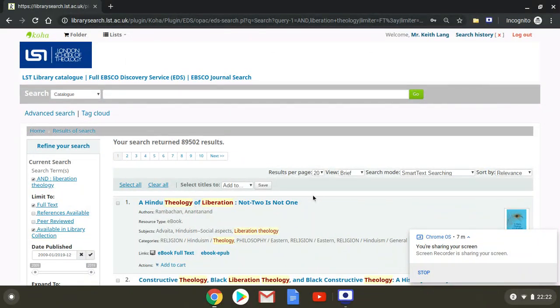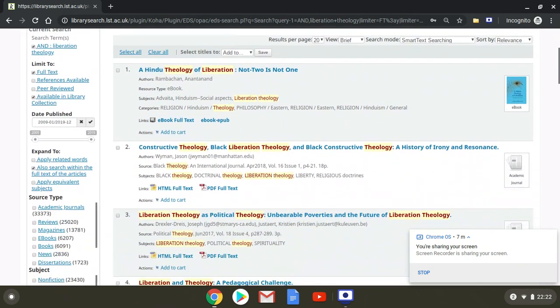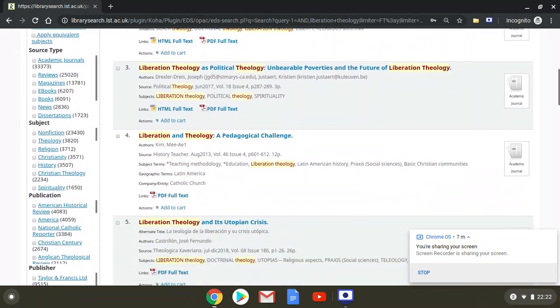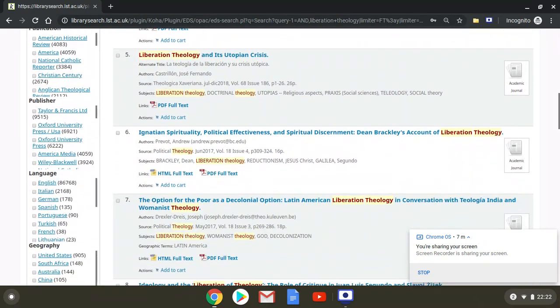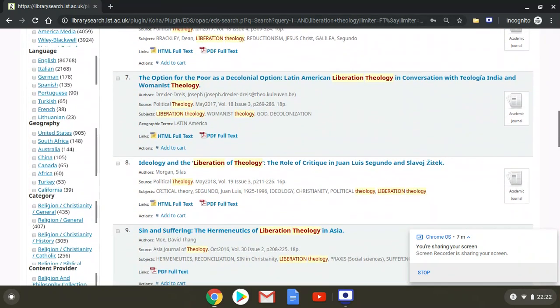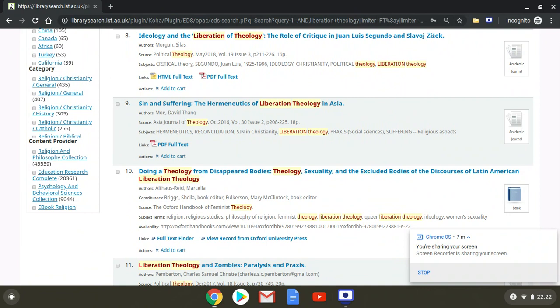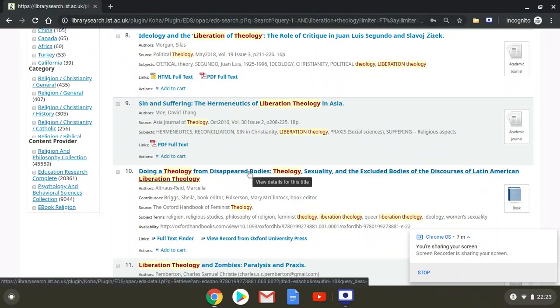Okay, we'll stick on this page. We'll scroll down and we'll go into an individual particular work. We're going to choose, yes, Doing a Theology from Disappeared Bodies. That sounds interesting. You'll notice that the source is the Oxford Handbook of Feminist Theology. So we're going to click on that one. And when we go through,